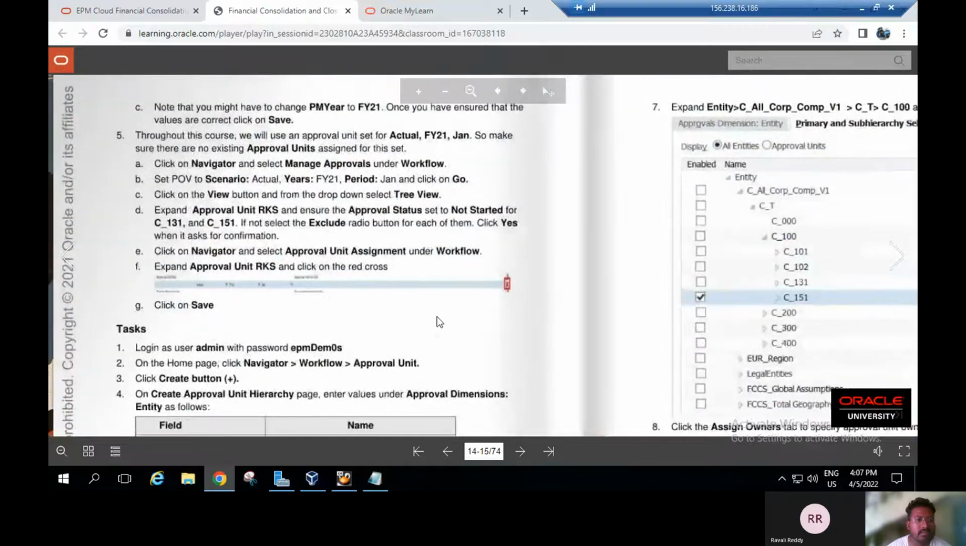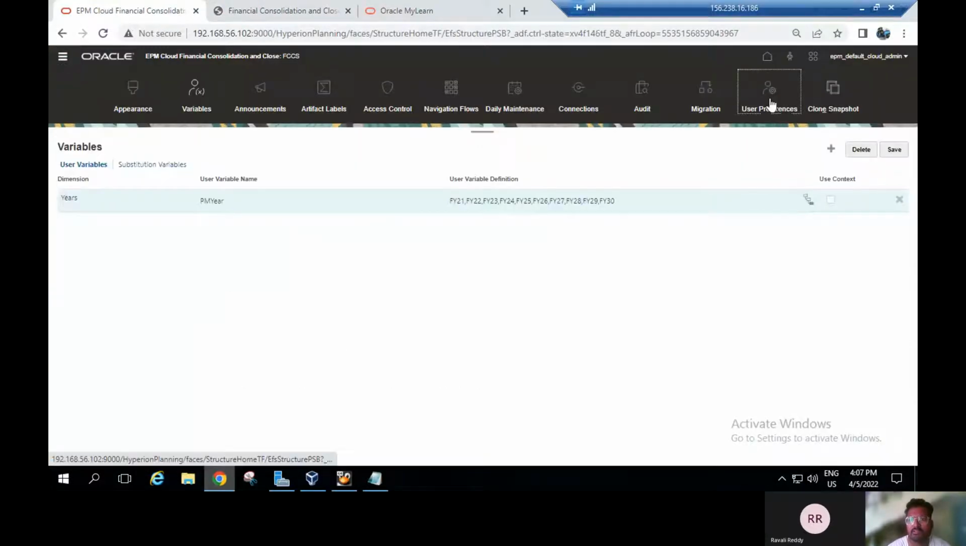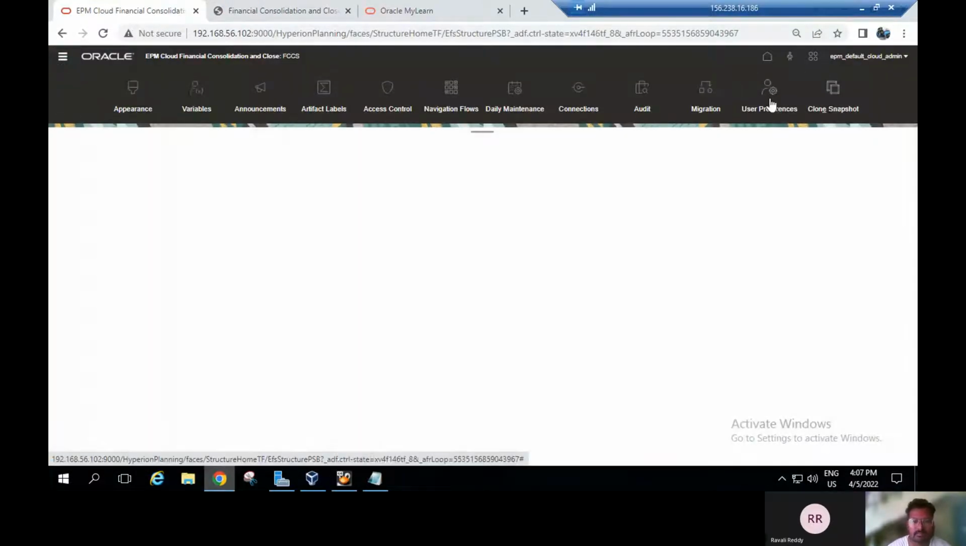Note that you might have the changes of PM year to the FI21. Once you have ensured that the values are correct, click on OK. For that, you have to select the application, and under that you can see the user preference will be there. You have to select the user preference, and